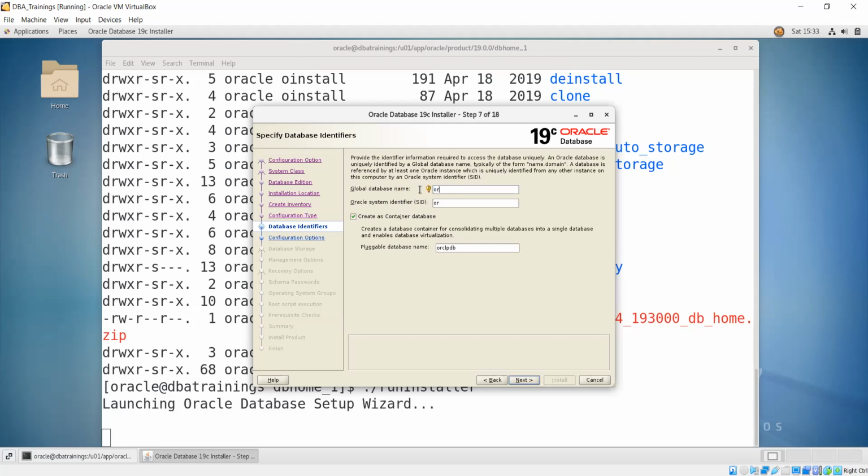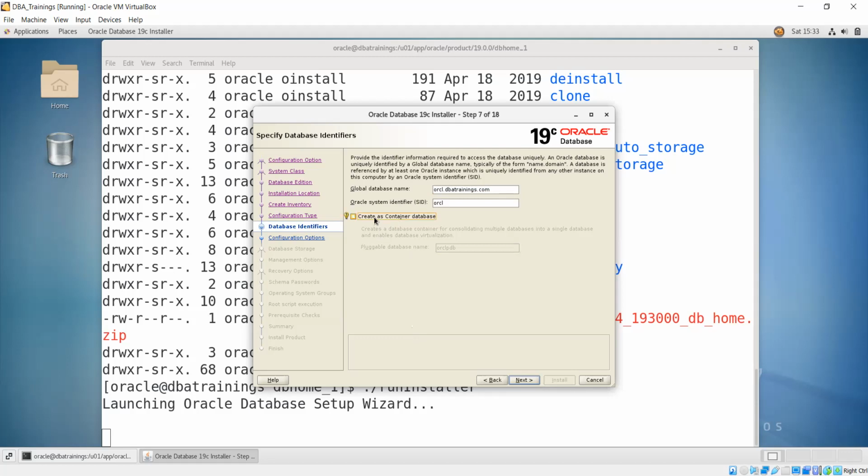So I can give ORCL dot, and I can give my domain name. It's your wish how you want. If you want a container database, then just choose the container database, or if you don't want it, don't choose it. As of now I am just creating the basic one, so I'm not choosing it.